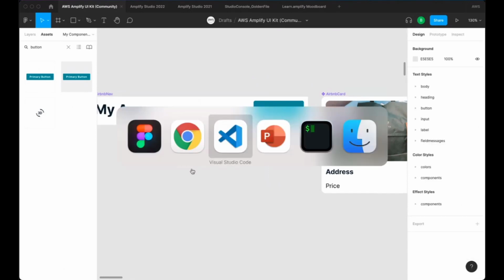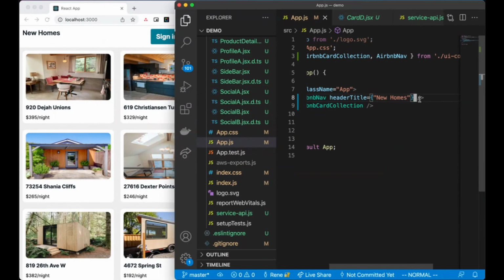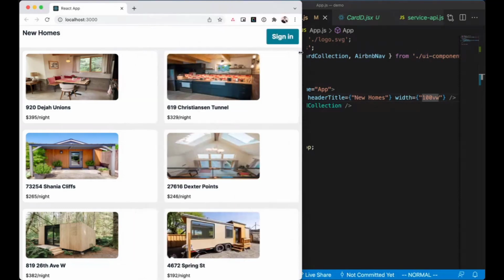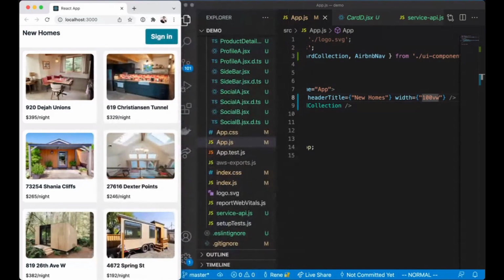So for situations like that, what Amplify does is give you a very nice way to set the properties that you're already familiar with for your React application inside the Amplify generated components. So I can just say the width should be 100 VW, and then it is now scaling according to the screen size of my window here, the window size of my